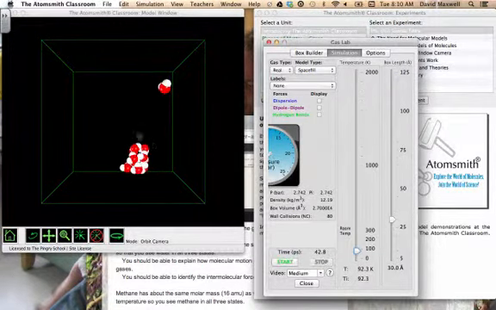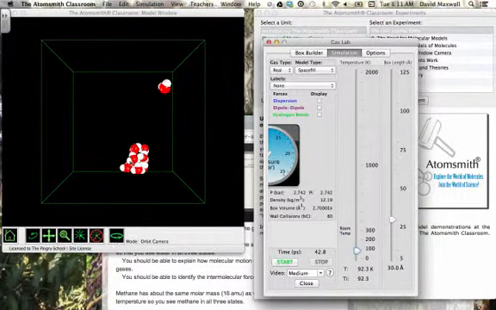So right there we got an ice crystal formed, and you can kind of hopefully see a little bit,